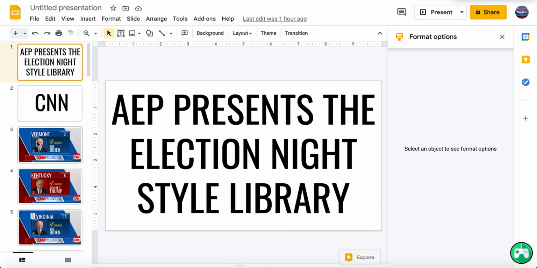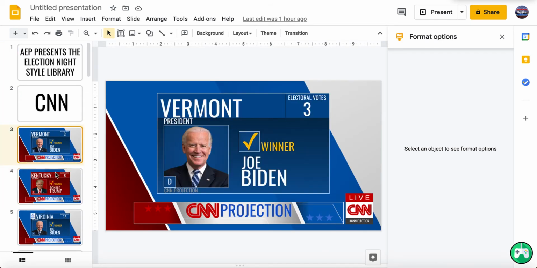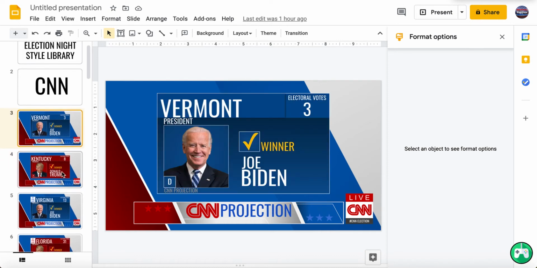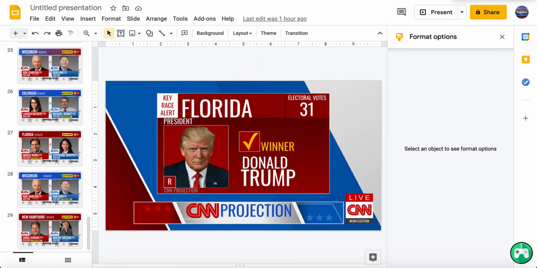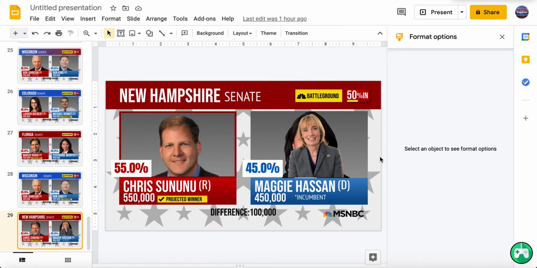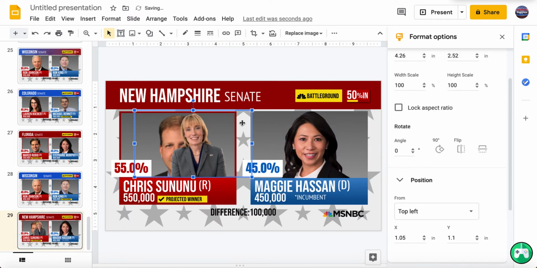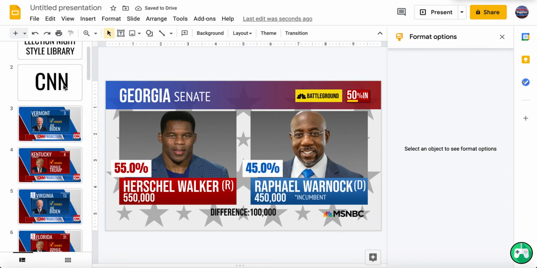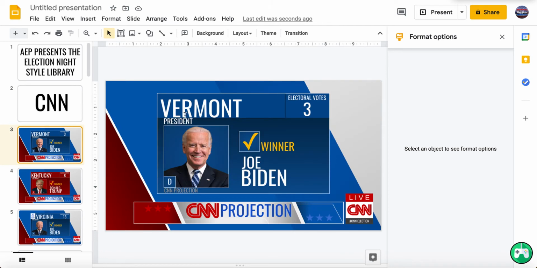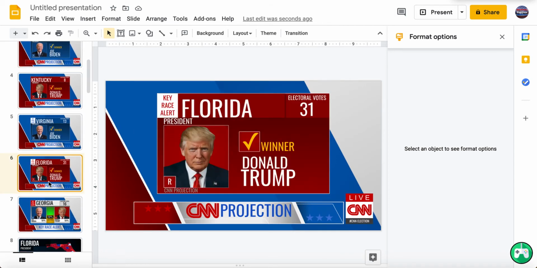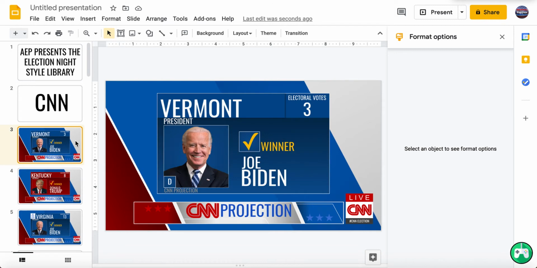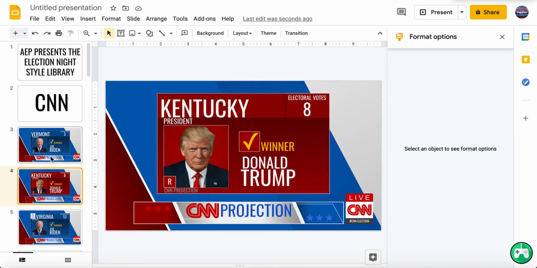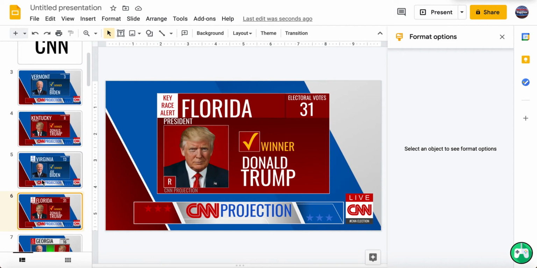I actually have an election night style library where I made all this stuff, so I would definitely suggest using this. It's not fully done. I'm working on the New Hampshire one, and I have Maggie Hassan's face over Stephanie Murphy's, so that's weird, but most of this is stuff we can just go over. Like state calls: I typically try to do states where we know who's favored. Kentucky and Vermont are obviously going to be called for each party, and Virginia and Florida are pretty favored. I could have done this with Missouri or something, but we already know who's going to win there.